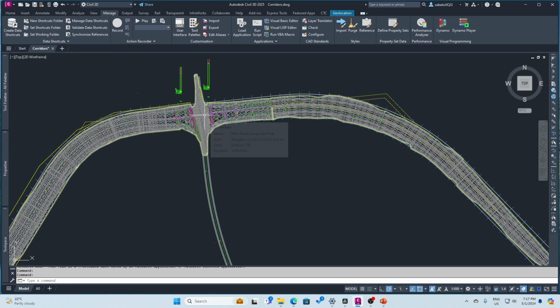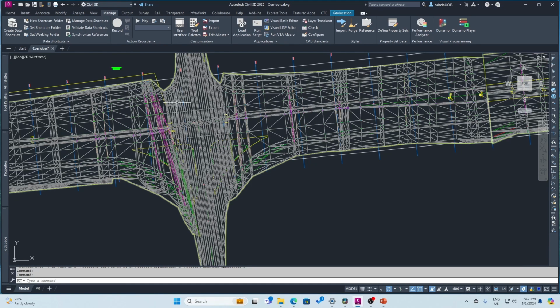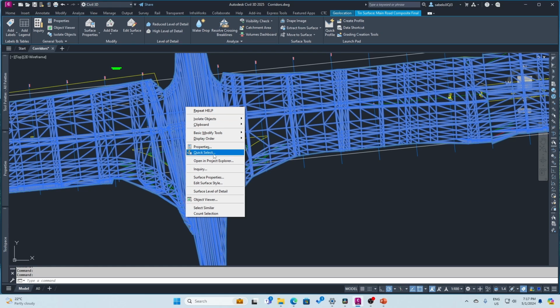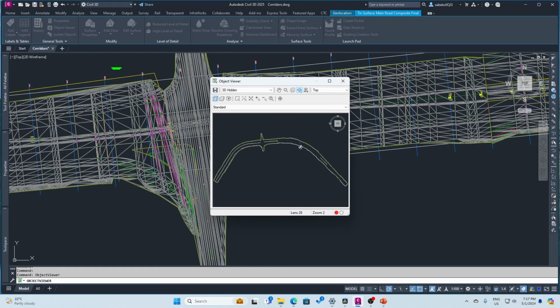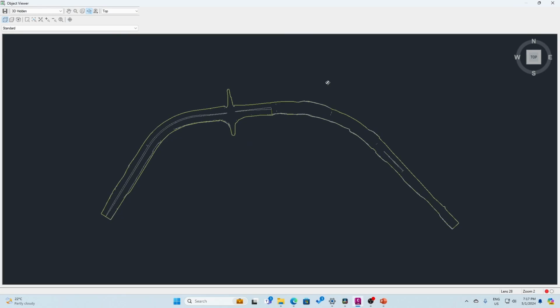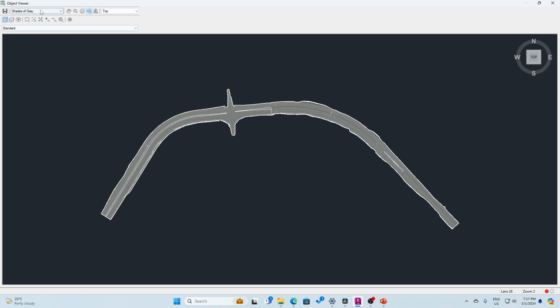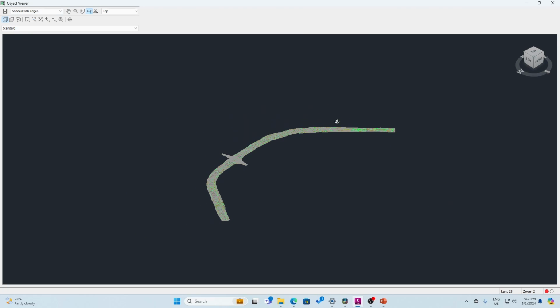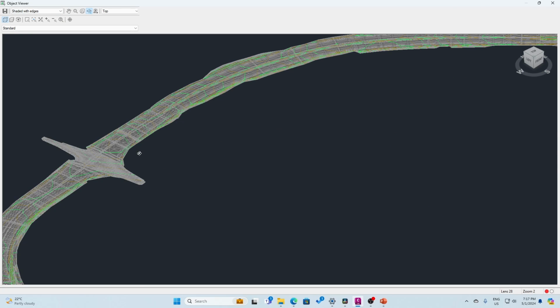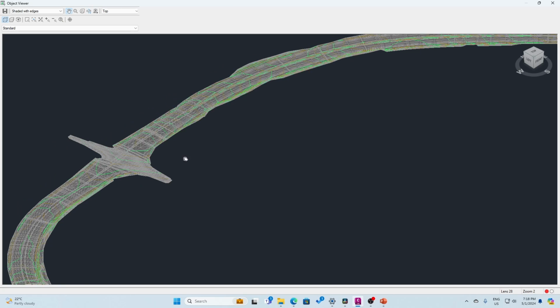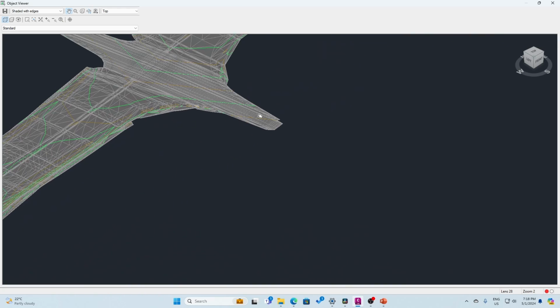After editing the gaps in our surfaces, we've come up now with this composite surface, which say if we want to have a look at it in object viewer, that's what it will look like. Let me just change the style here and go with the shade of gray. Okay, let's do that. Okay, if we show it here now, this is what it looks like. So all the gaps have been closed